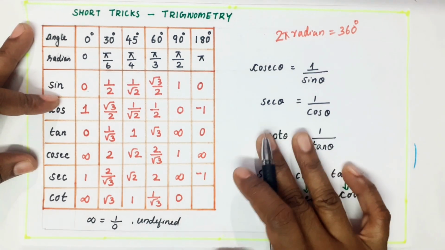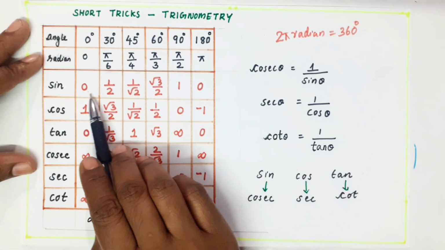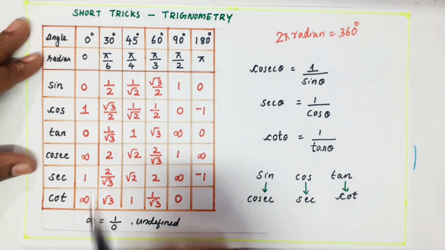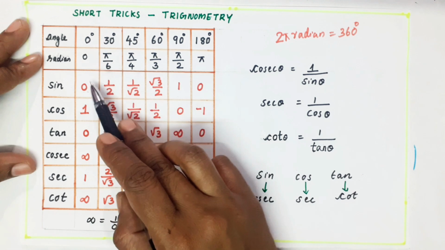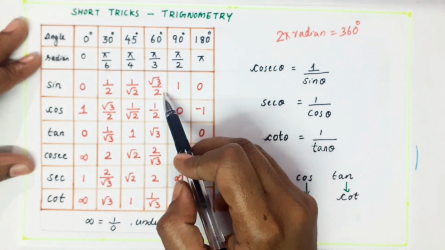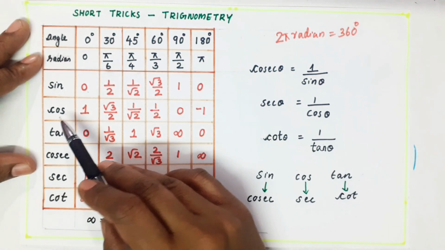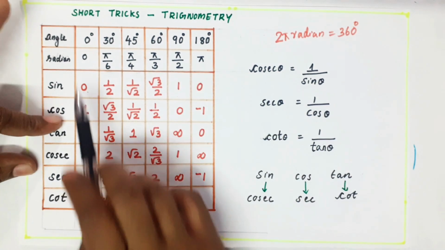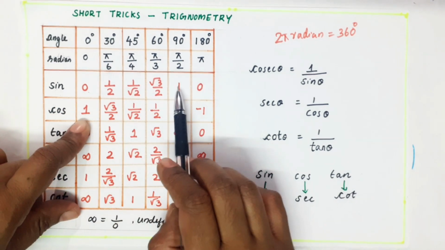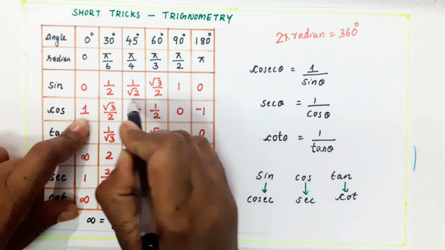I'll tell a shortcut to remember 0 to 90. What I have written, you should learn only the first value, the rest you can find. So I am telling again: sin 0 is 0, sin 30 is 1 by 2, sin 45 is 1 by root 2, sin 60 is root 3 by 2, sin 90 is 1. Cos values, you just write in reverse. So cos 0 is 1. Clear? Cos 0 means you have to take it like the reverse case now.